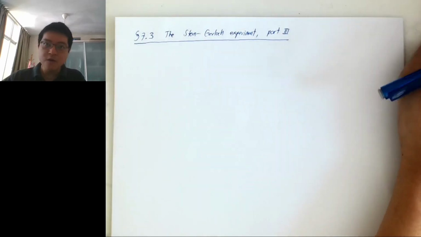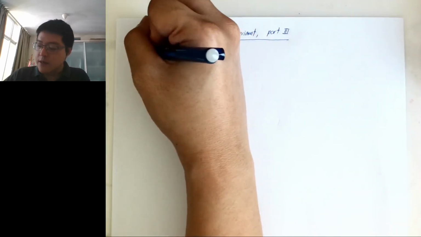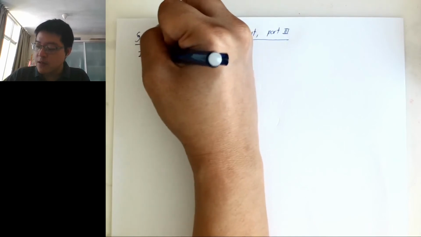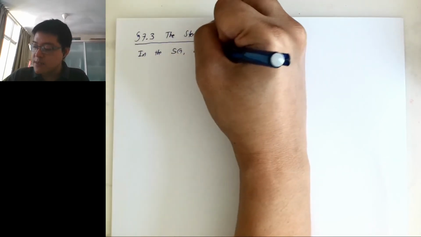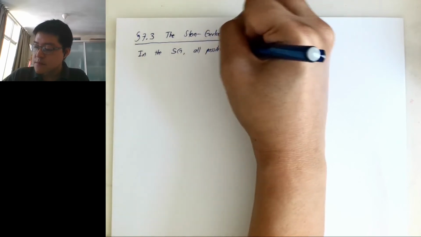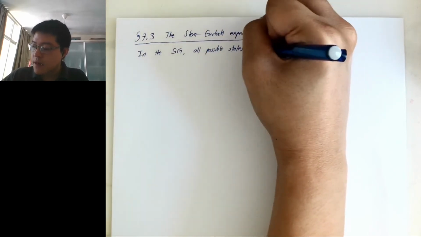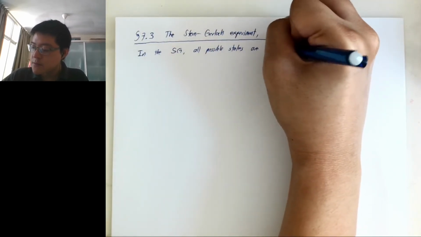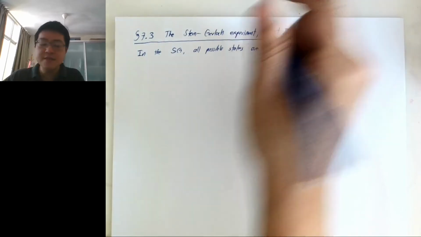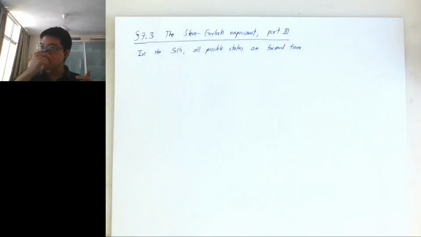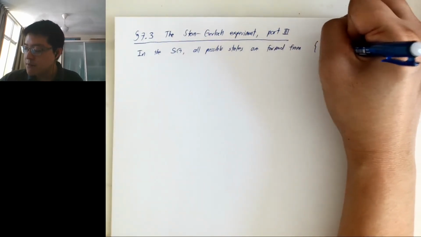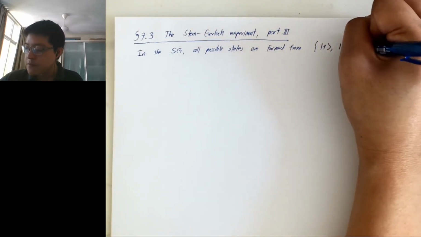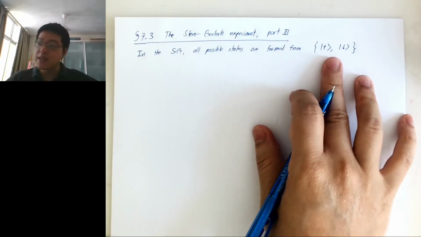Yes. So as a reminder, back when we were doing the original Stern-Gerlach experiment, all the possible states are created from, this is a two-dimensional Hilbert space, right? So it is either the spin up or spin down. Okay, so these are the basic basis vectors that we have, and Wei Zheng has just shown that these are